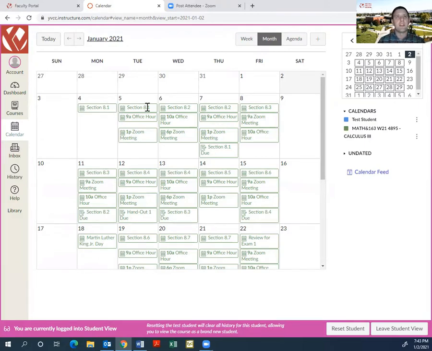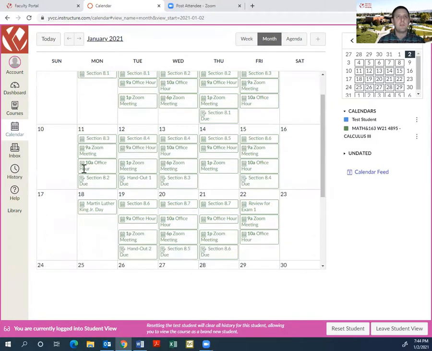So you can see section 8.1, I'm giving you these 2 days to be working on learning that material and doing the homework for that material. Then I indicate when my office hour is and when the Zoom meeting is on each day. So you can see it varies a lot. So let me take week 2. That's a nice full week here.